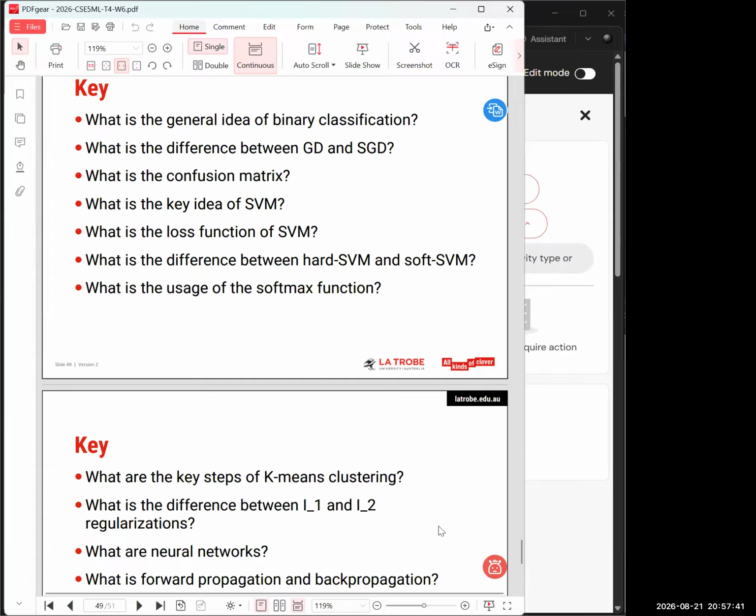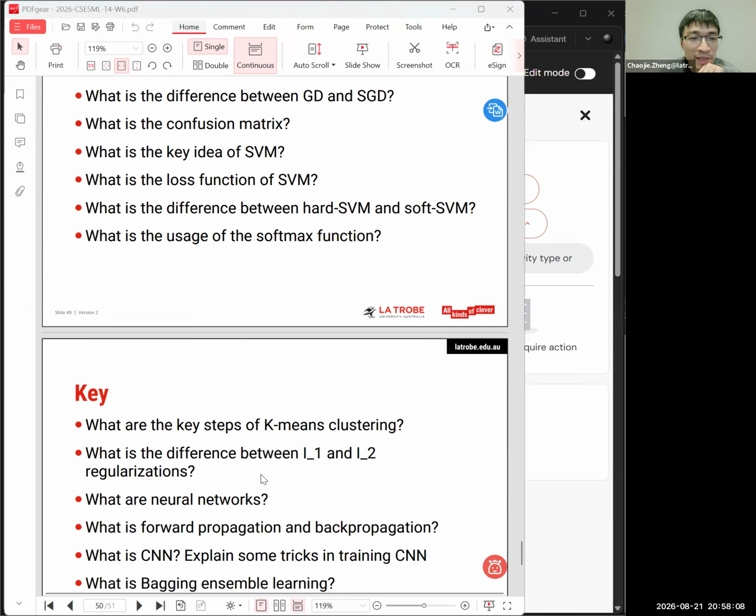I mean, instead of answering the difference between lasso and ridge regularizations, I answer L1 norm and L2 norm. It depends on what the question actually asks, like if the question is presented exactly as what we saw here on the slides,